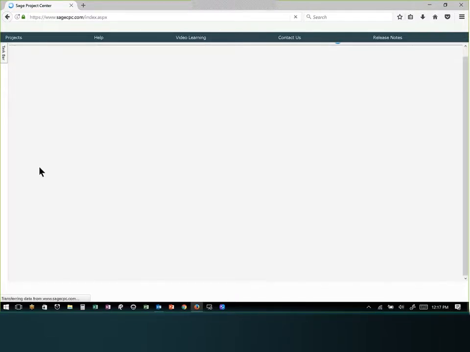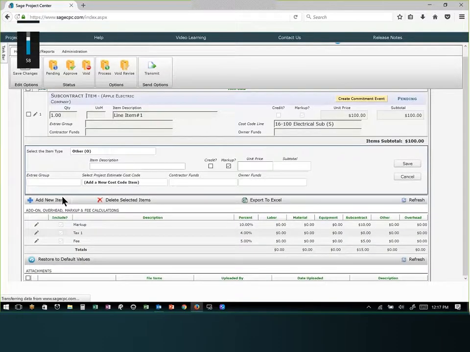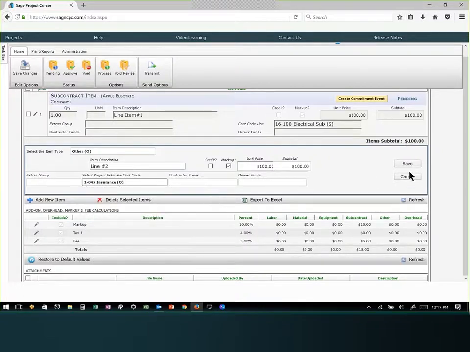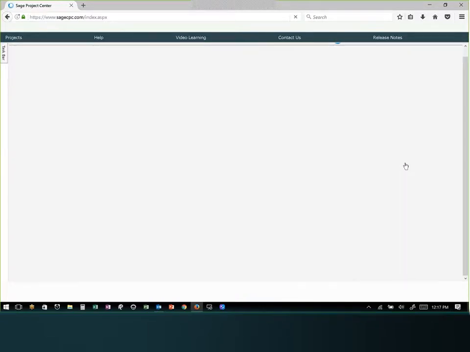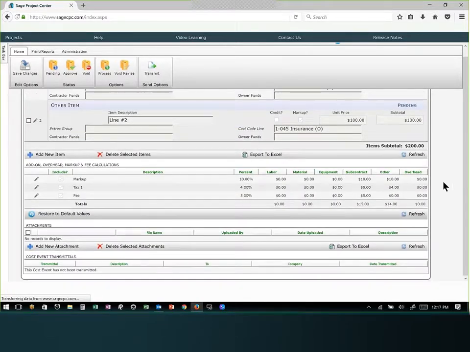It's going to refresh. I'm going to put in, this is line number 2. I'm going to make this $400 too. And I'm just going to apply this to a GC's. Hit save. All right. So at this time, I'll go down to the markups, and you'll see how this was